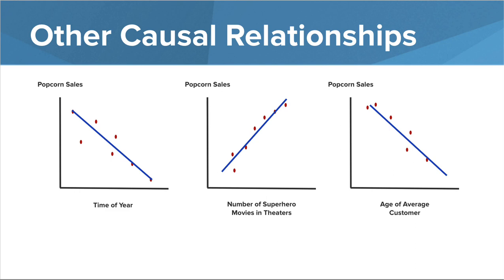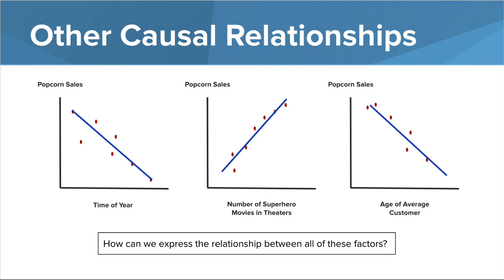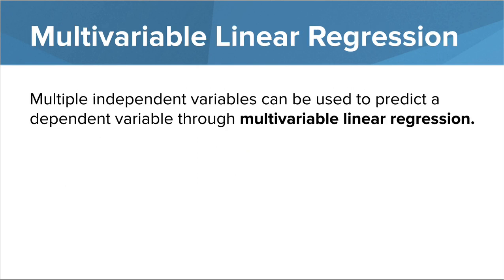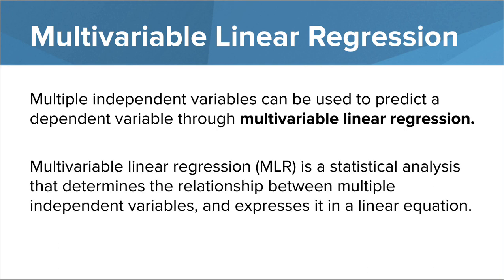Each of these relationships may turn out to have a linear or semi-linear relationship and have an impact on popcorn sales. If this is the case, then how can we express the relationship between all these factors? We can evaluate the relationship between all these independent variables through multivariable linear regression. Multivariable linear regression is a statistical analysis that determines the relationship between multiple independent variables and expresses it as a